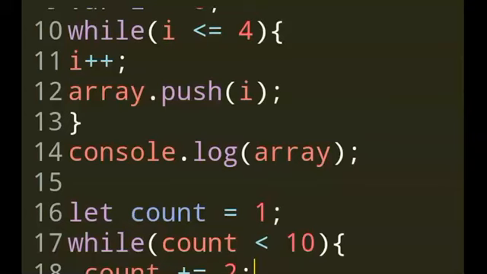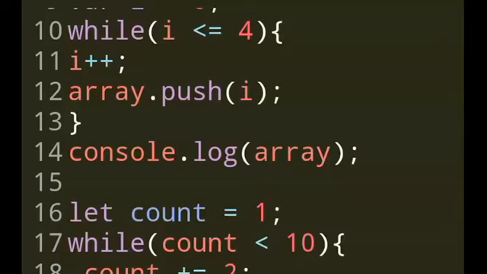So every time you get the value of count, the resultant value is added to the increment of 2, and that's how the value keeps incrementing. Count equals count plus 2 keeps on incrementing by addition of 2 units every time, and the loop only terminates once the count reaches 10 or more than 10, right? So let's check out how it's done.